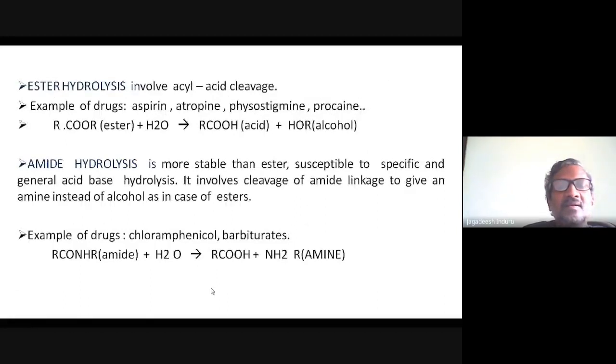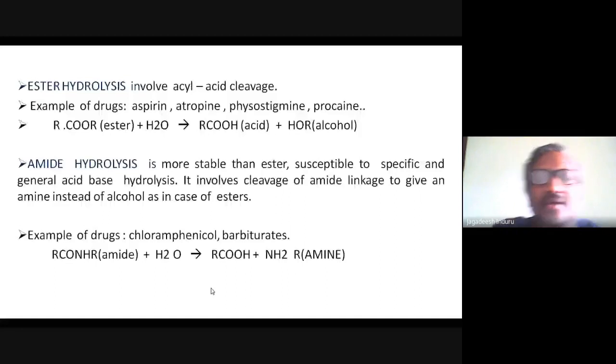In RCOR1, in the case of an ester, R is your carboxylic acid part. When reacting with water, which ionizes to OH minus and H plus,